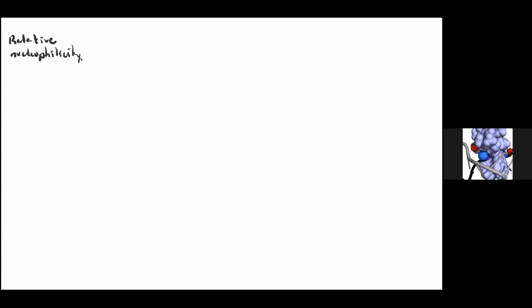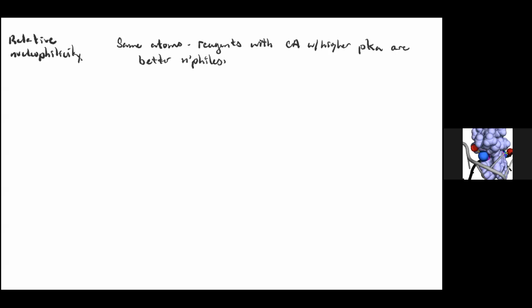And so when you have the same atoms, reagents with conjugate acids with higher pKa are better nucleophiles. Okay, and so,